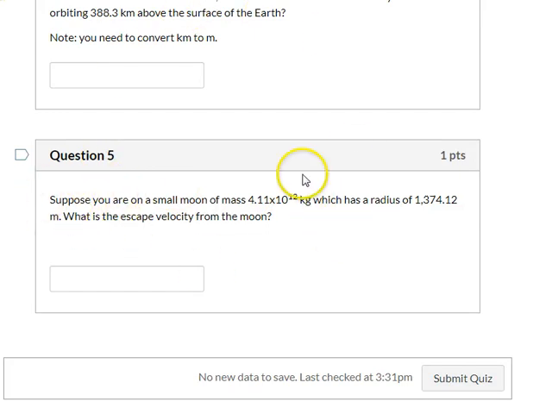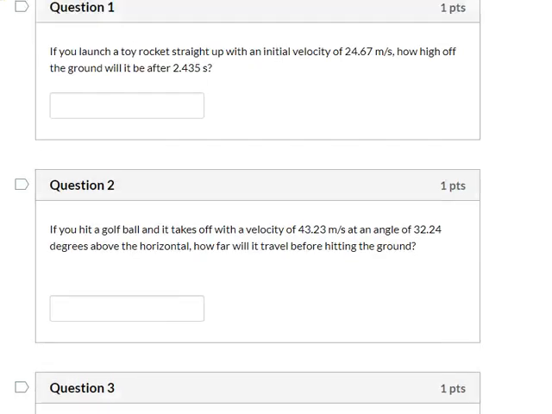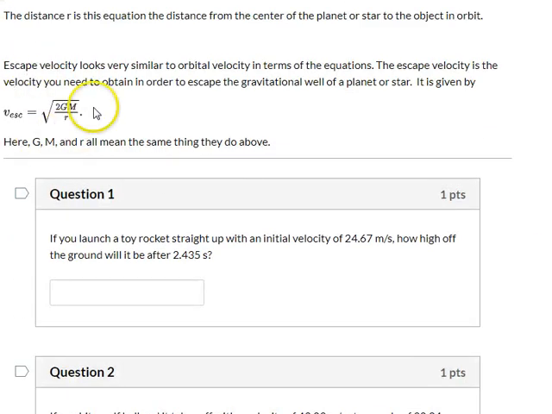Now we're around a moon. So we're on a moon. It has a mass of 4.11 times 10 to the 12th kilos, has a radius of 1,374.12 meters. What's the escape velocity? Well, we know the mass of the moon. We know the radius of the moon. That's our distance r. We know the universal gravitational constant. So we're just going to take all of these and stick them into the equation for escape velocity and calculate